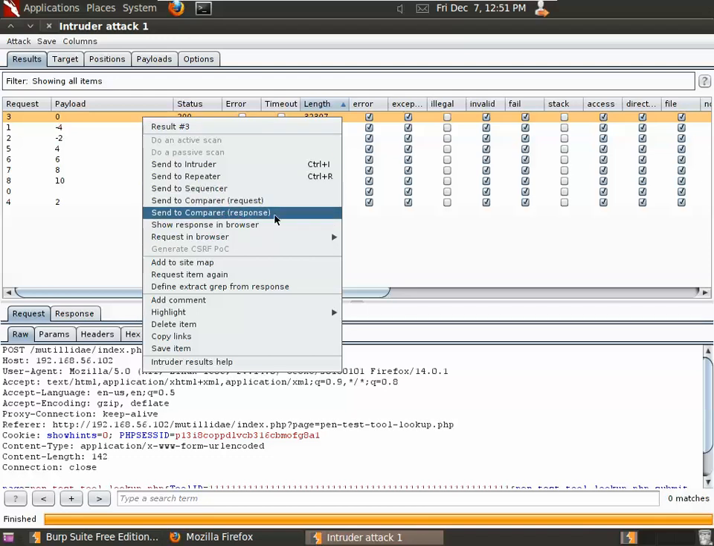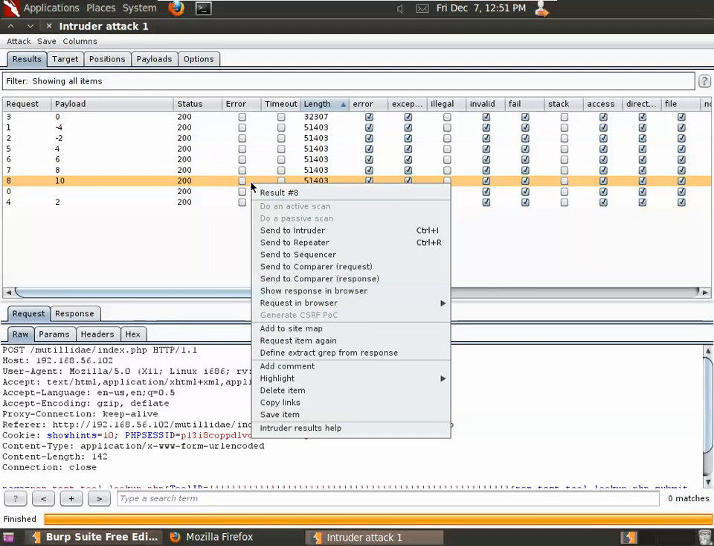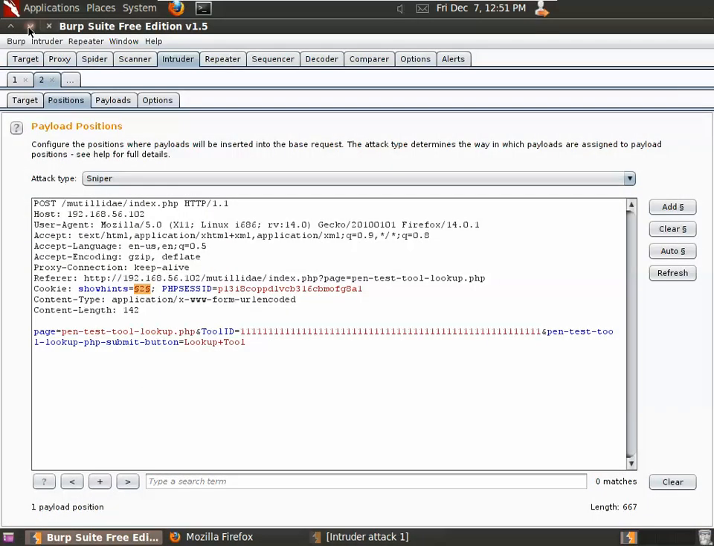And so we want to compare, in this case, the responses. We were looking at the two different responses. So we'll right-click on that, select compare the response for that one, and then let's pick number 8. Right-click, compare response. We'll shrink down the results tab, go back over to the main Burp Suite site and switch over to the compare